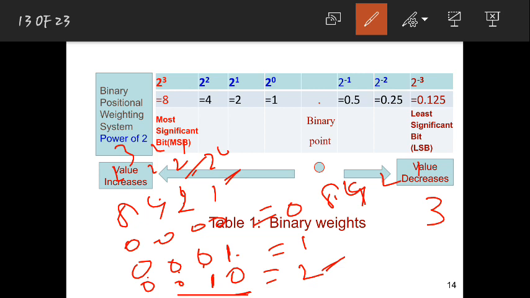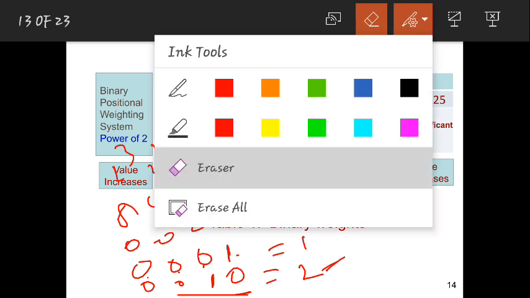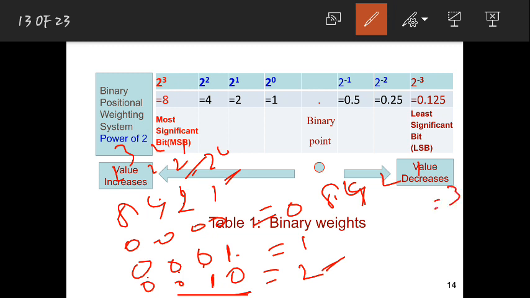So to write 3, what will I do? See, I have 2 and 1, and if I add 2 and 1 I will get 3. So I can write 1 and 1 here, then 0 and 0 here. That means wherever you have 2 ones, you have them at 2 and 1. So 2 plus 1 you will get 3. So this is the binary value for 3, 0 0 1 1. Next, if I want to write 4, see, here I have 4. So near 4 I need to write binary 1 and 0 0 0. Is that fine how I am writing?